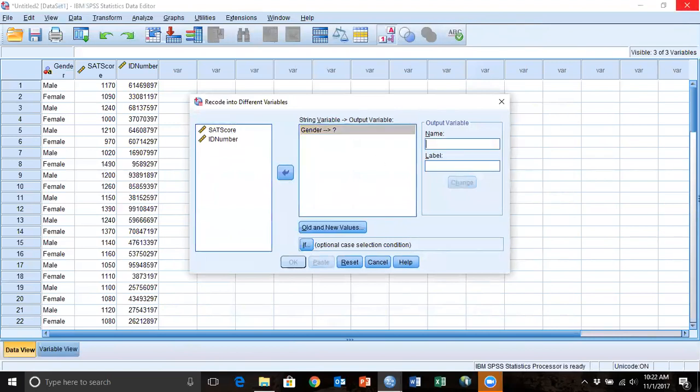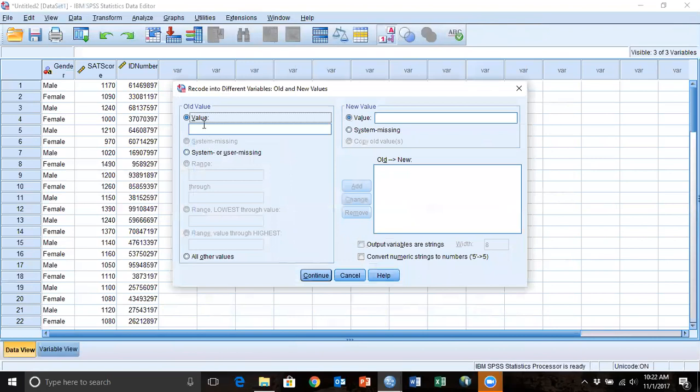I'm going to say gender new, change old values. Let's say female is coded as 0, then male will be coded as 1,